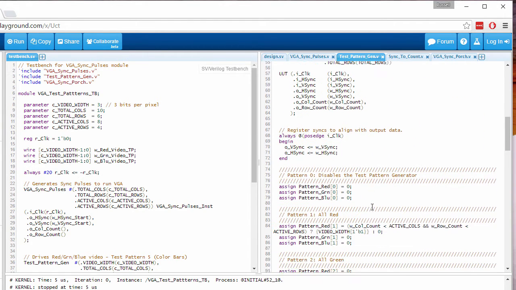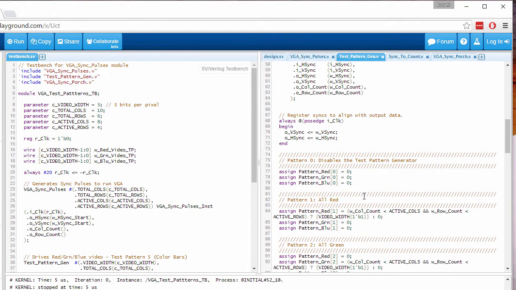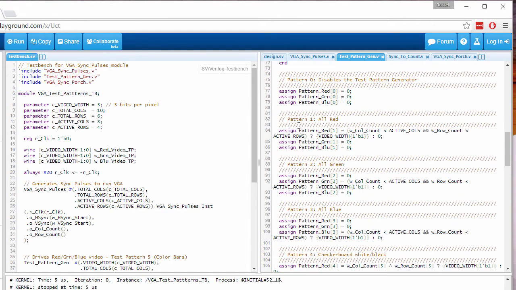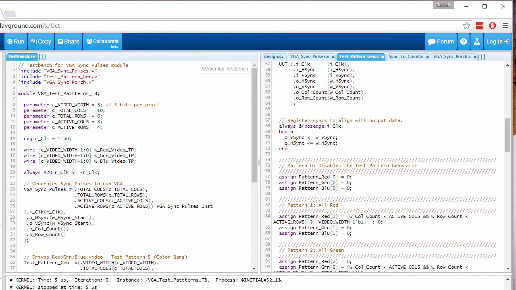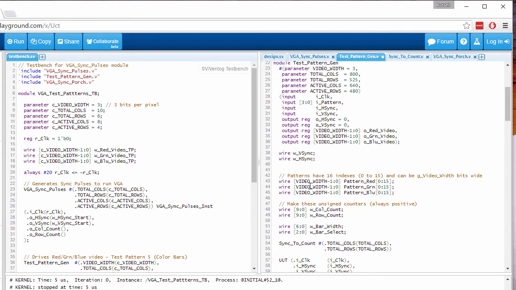So this isn't too bad. It's a little bit long because there's a lot going on with the different test patterns, but I commented it up. So test pattern 1 is all red. All it does is I created an array here. Maybe that's worth talking about. This is the first array that we've seen in Verilog, where the width of the array is this first number in the brackets here. So this is video width minus 1 down to 0. And then this on the back end here is the depth of the array. So in this case, there's 16 indices into this